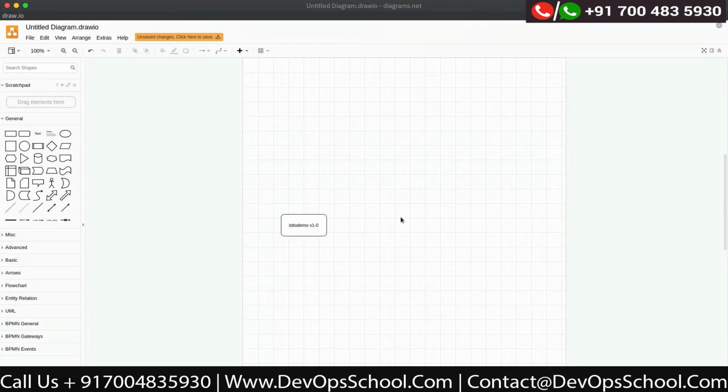Okay. That means only one ingress will be handled with a whole mesh, right? No, that's not right. You can create n number of ingress gateways. And in fact, okay, that's what my question is. Suppose there are n number of ingress or egress gateways, then how will it be?